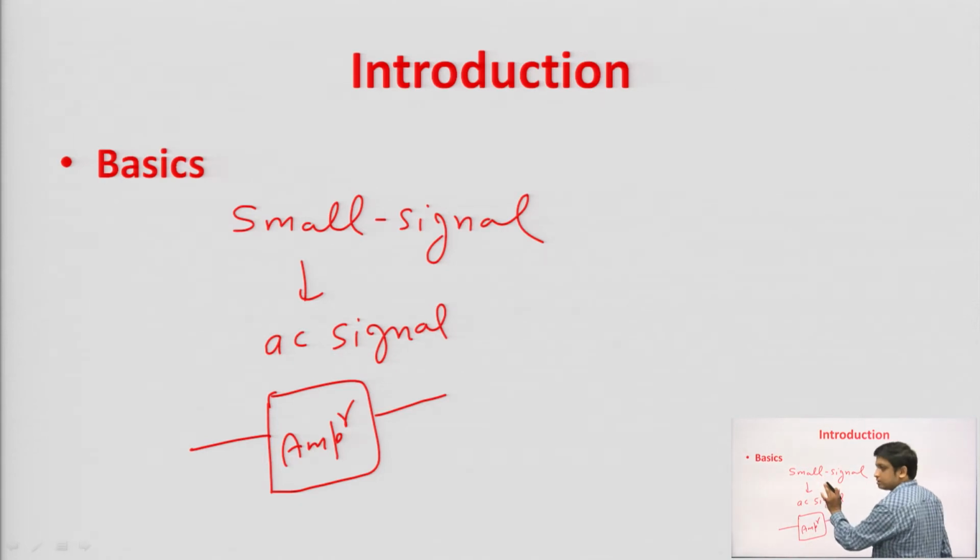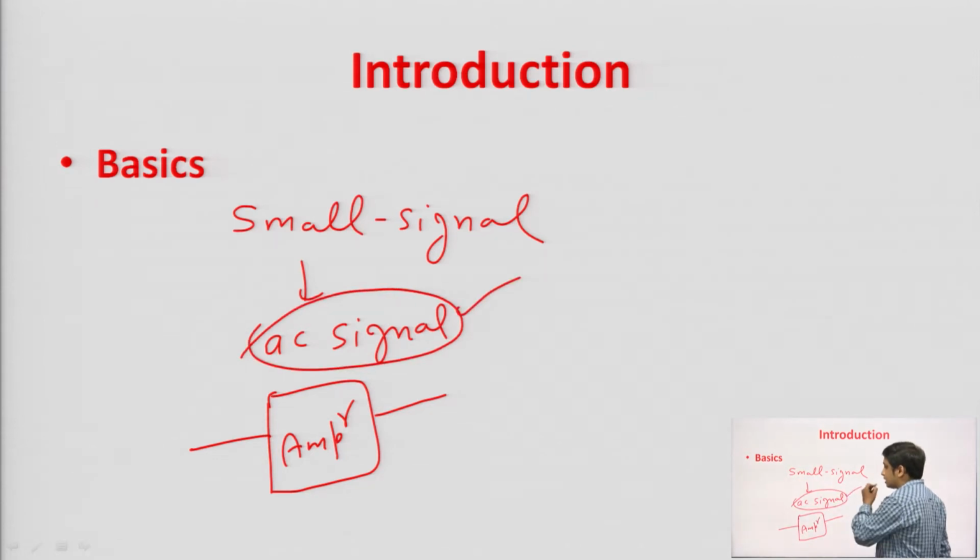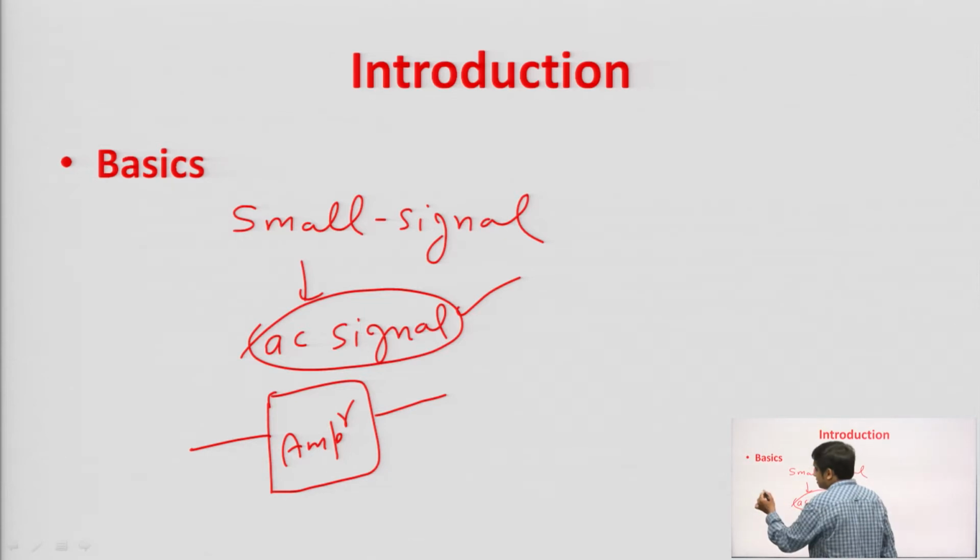And this amplifier basically amplifies the input AC signal that is coming from the sensor and transducer, fine, that is your small signal. So, in small signal modeling, we calculate the input resistance, output resistance, voltage gain and other parameters. This small signal is a very important concept in analog circuits, because we deal with the AC signal, that is your main input signal that is to be amplified.